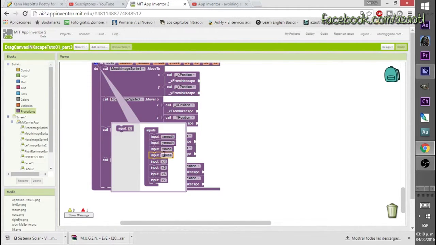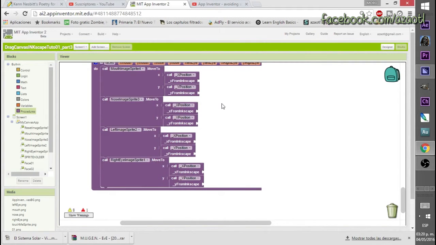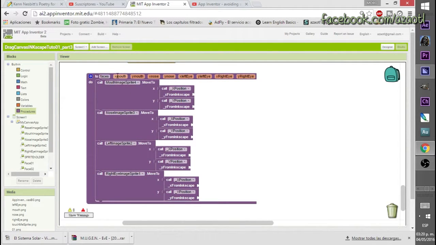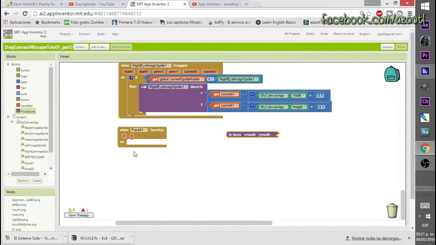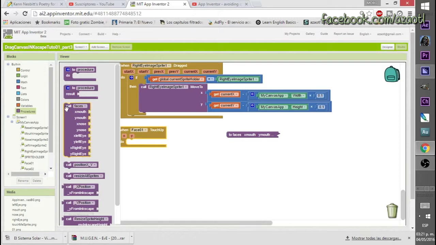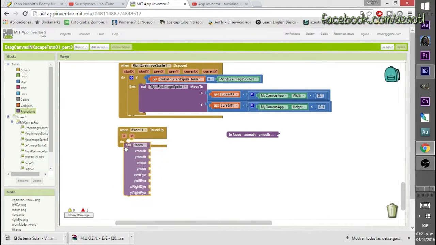That's it, pretty fast. And then we just need to drag these variables to all the slots that we have here. For the mouth, the X position of the mouth, the Y position of the mouth, and that's it. And we continue until we finish. And now we have to use this procedure. Well, we collapse the procedure just to avoid having lots of blocks, and then we call the procedure inside